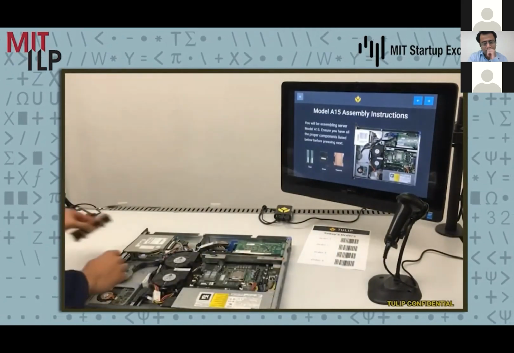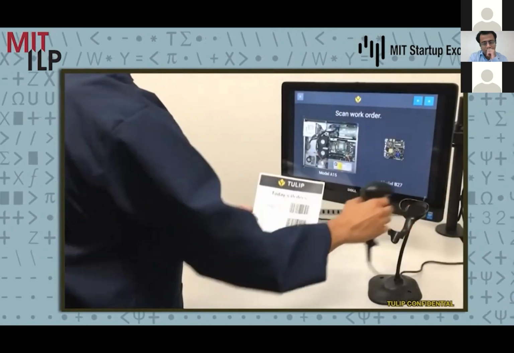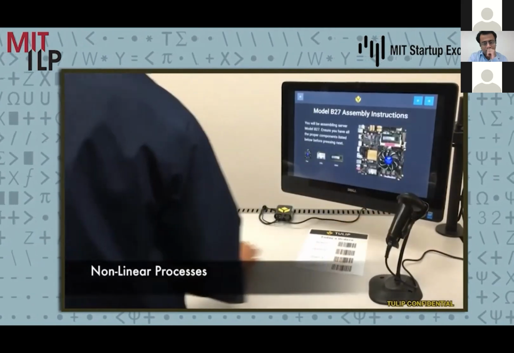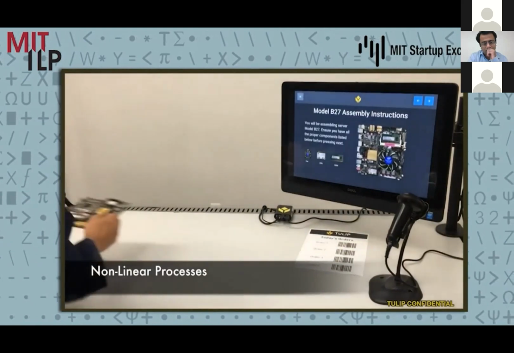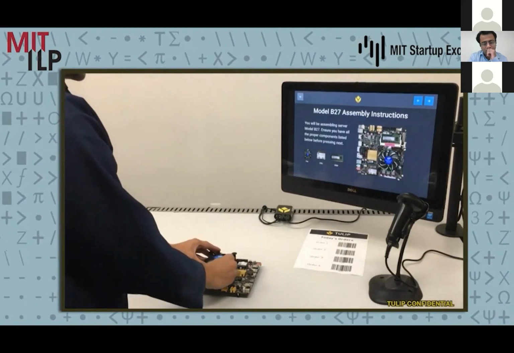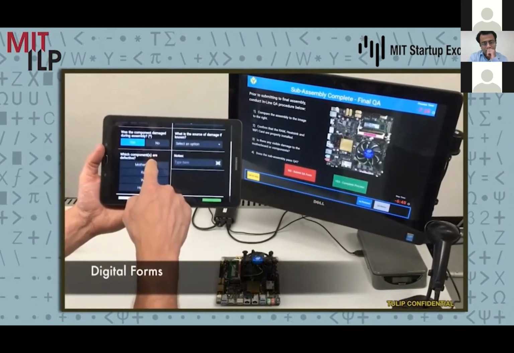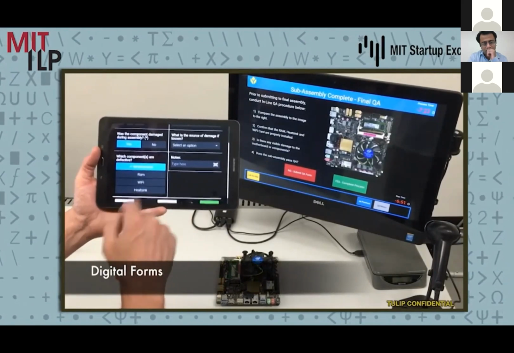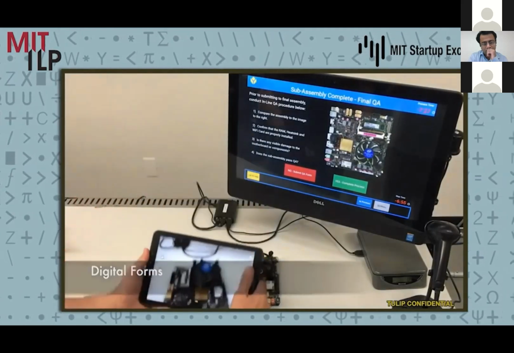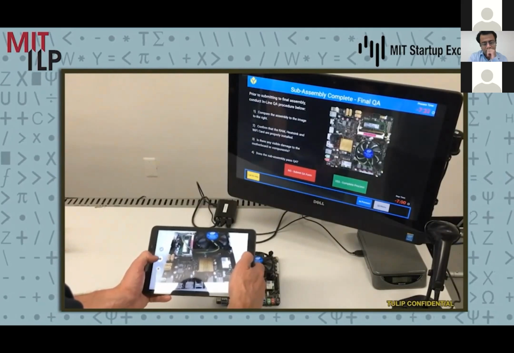Then here you can see visual work instructions that are interactive per whatever the sensors are reading from the actual manufacturing bench. And these work instructions can exist on various devices. So here's a touchscreen, here's a tablet. This is showing an example of a digital form that allows you to collect pictures. This is what a quality engineer would usually use